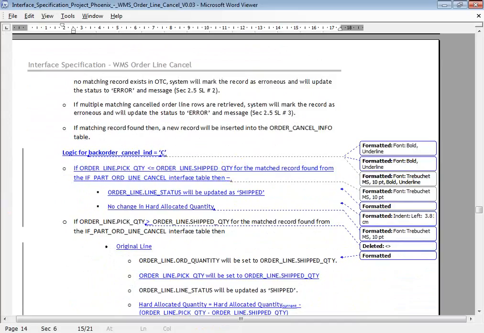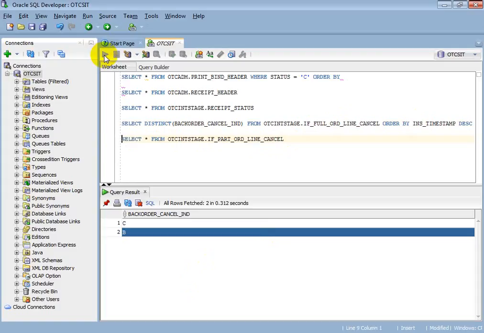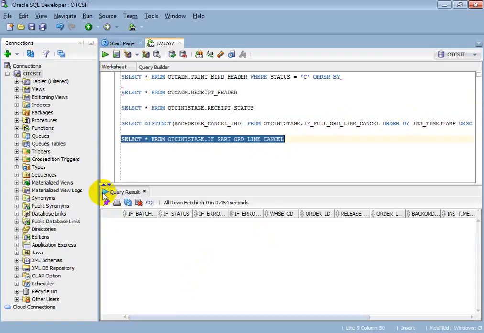So this also contains some backorder code. Let me check. No data in this. Okay, backorder cancellation indicator.